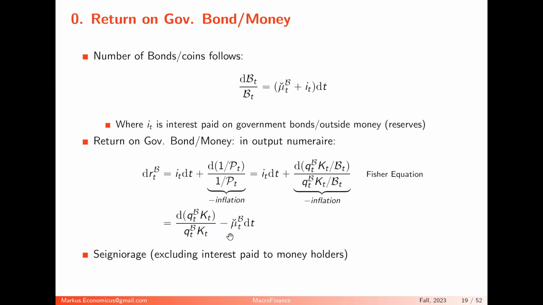So the real return on the bond: if I issue a lot of new bonds, the real return of the bond goes down. That's like diluting. I issue a lot of new bonds, I dilute the existing bonds, and the real return on the bond is low. You see? So that's the dilution effect coming in here.